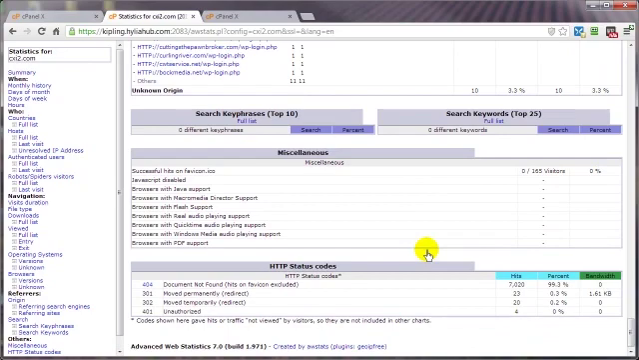So as you can see, all info junkies will love the free AW stats that come with your cPanel control